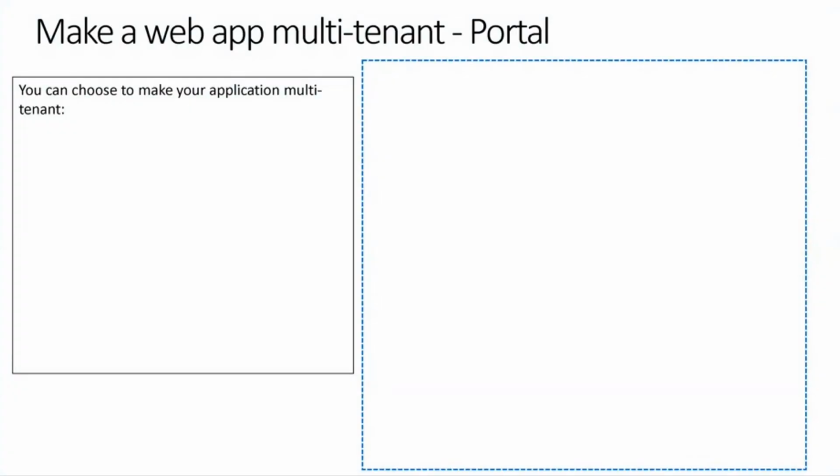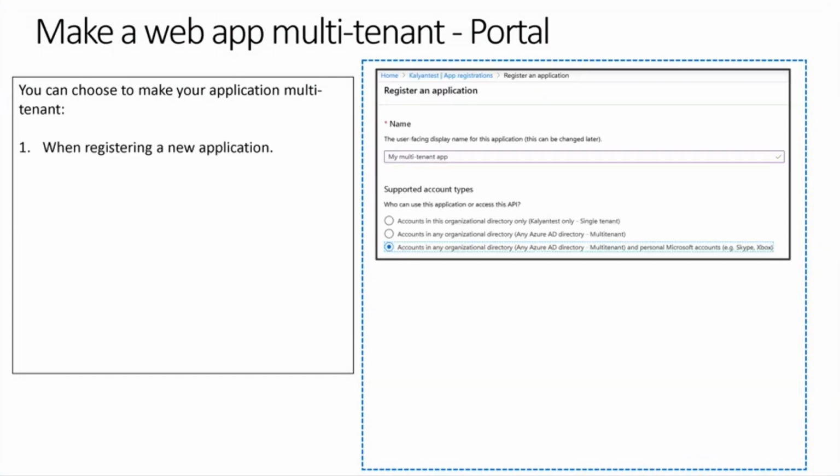So how do you make a web application, or an application that signs in a user, multi-tenant? In the portal, you would basically choose one of two options that are made available to you when you are registering an application.